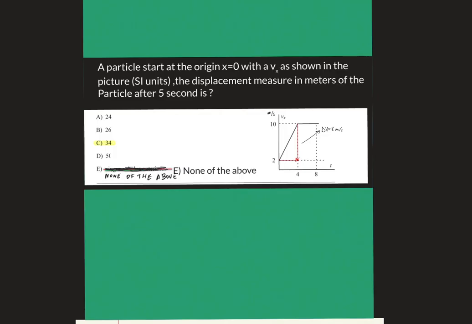Okay, now we are in question 2. A particle starts at the origin, x equals 0, with a velocity as shown in the picture, in SI units. The displacement, measured in meters, of the particle after 5 seconds is: